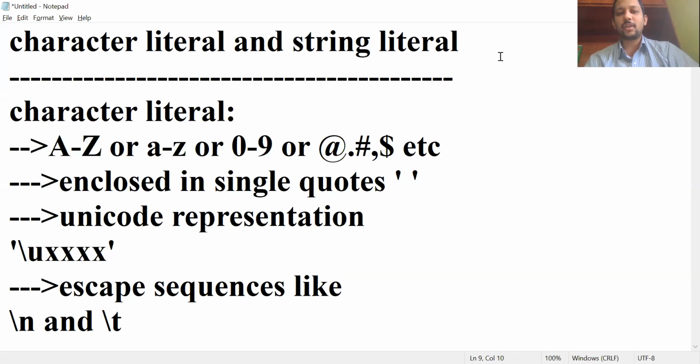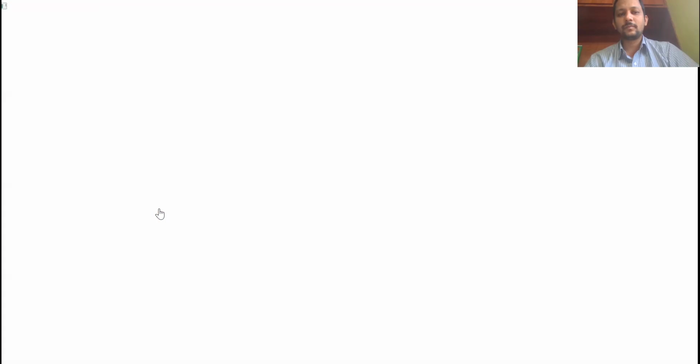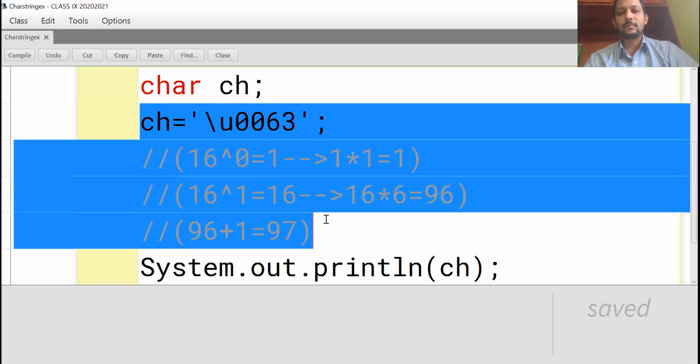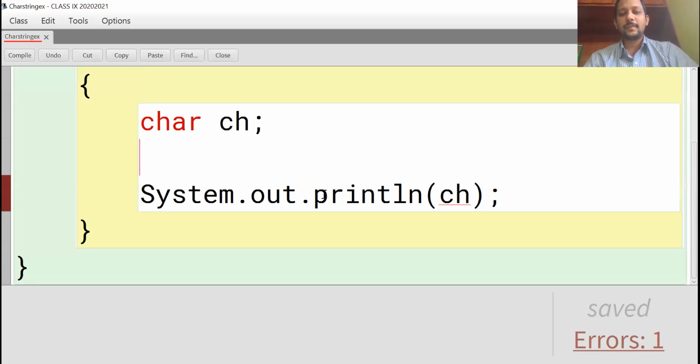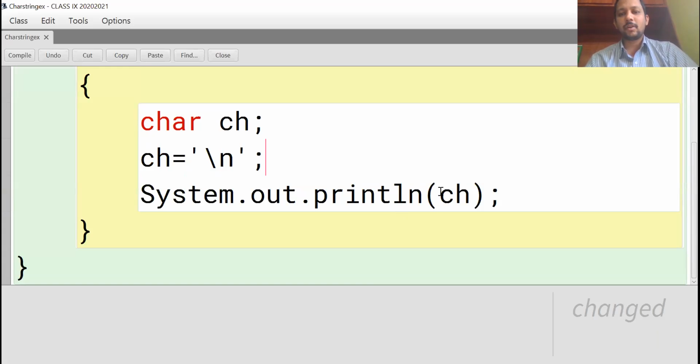We can specify escape sequences also as character literal. Observe here, example: ch is equal to one escape sequence, \n. It should be enclosed in single quotes. At the end, semicolon. Now observe here.